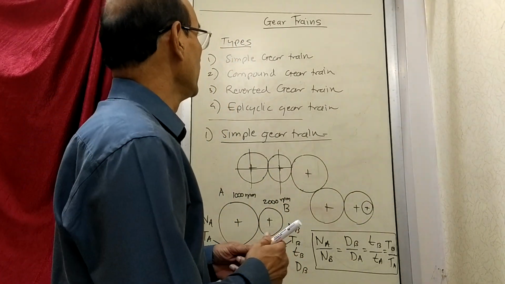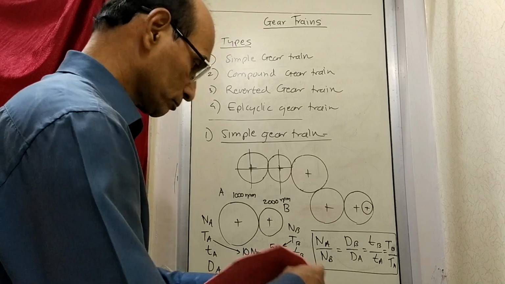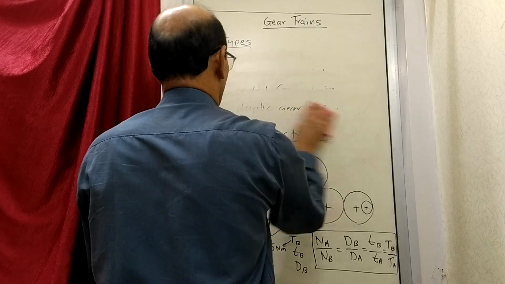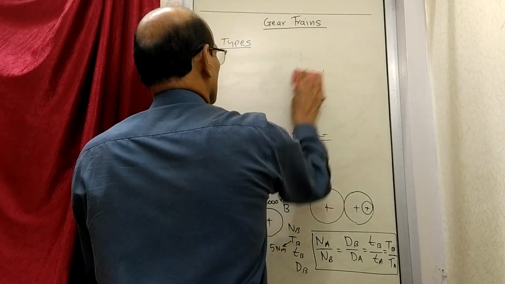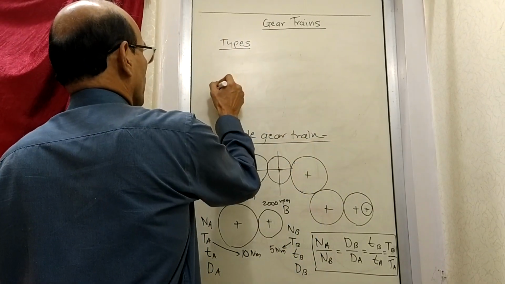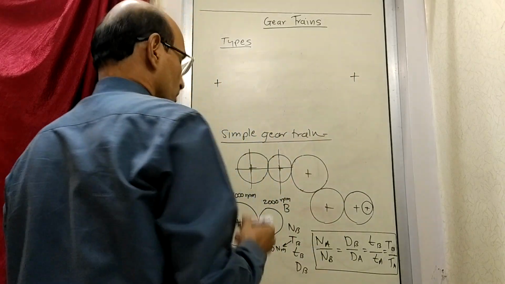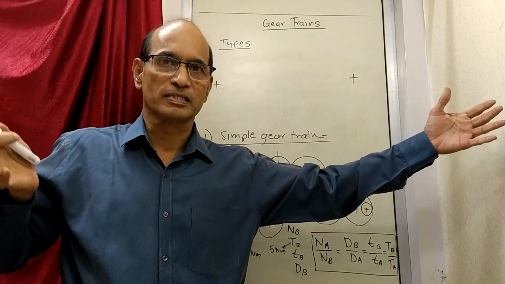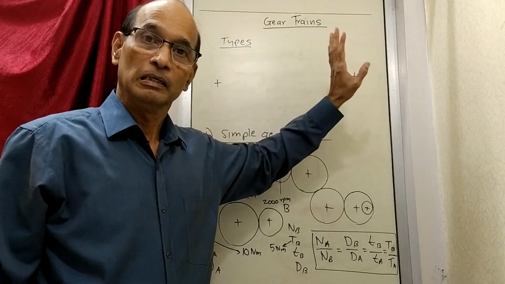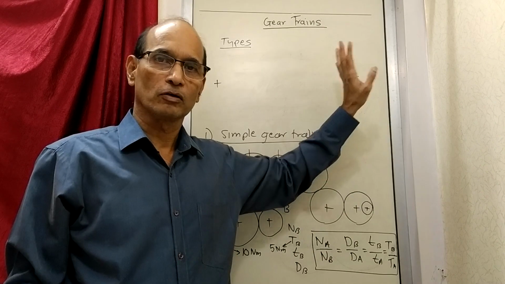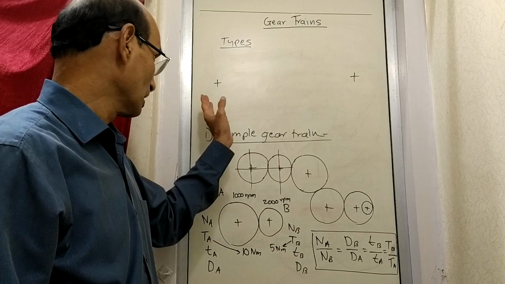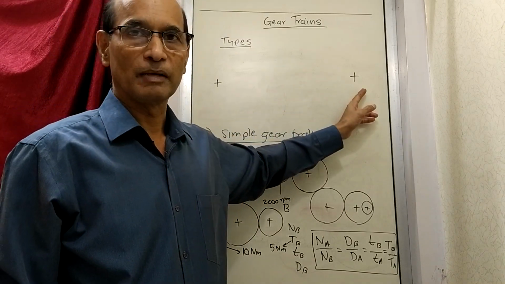Now what another thing you get from this particular type of gear train? Imagine there is a case like this. There is one shaft here, another shaft here. There are two shafts at a larger distance. Now we want to transmit power from one place to another, and we are going to use gears only. We are not going to use belt drive, etc. We want a speed ratio of 2 like this: 1000 RPM here and maybe 2000 RPM here, same thing.